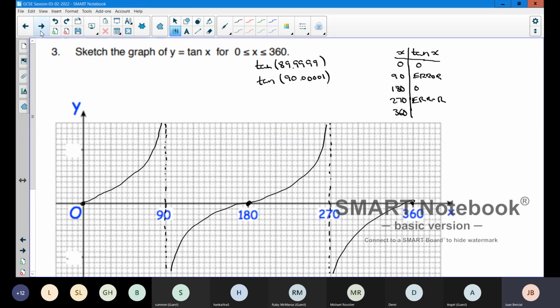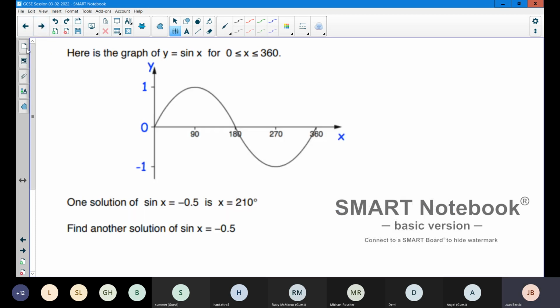So now let's go to the meat of it. This is a typical question that you've probably seen things similar to in your past papers. So you've got the graph of sine of x, given to us, and we are given one solution, which is 210, and they want me to find another solution. Now, the best way of understanding this question is that when I am solving sine of x equal to minus 0.5,